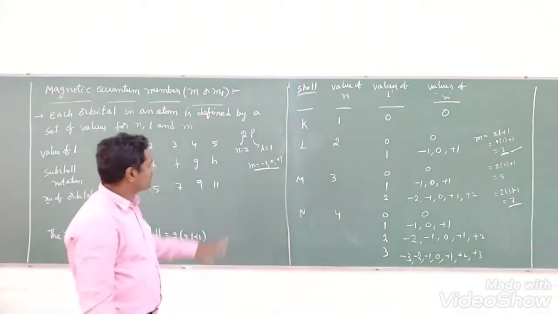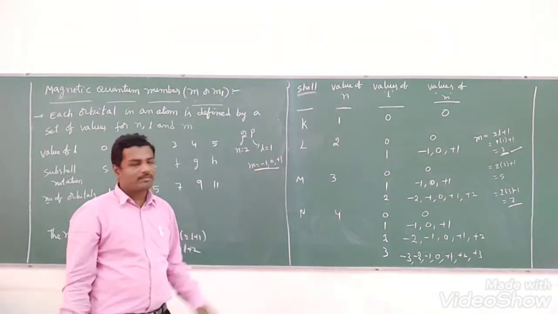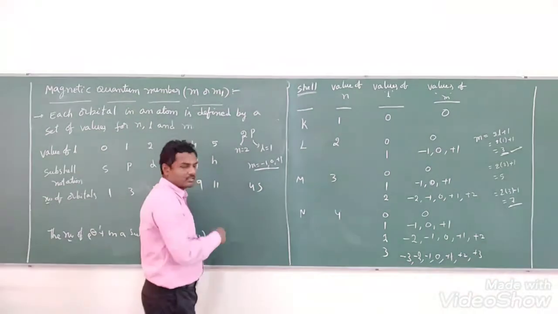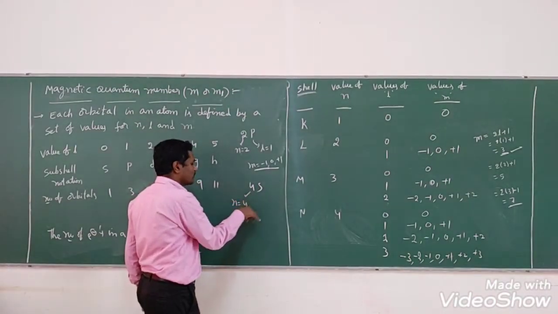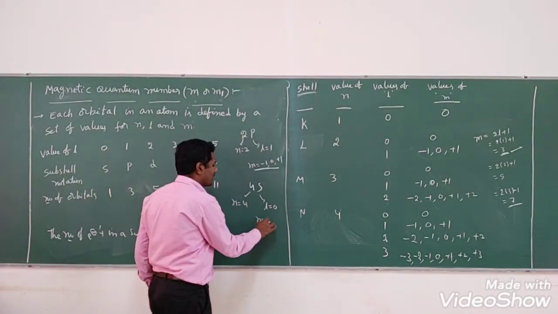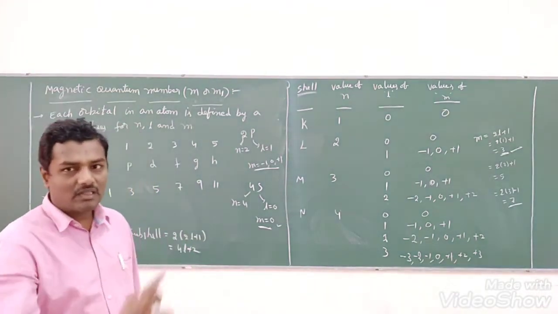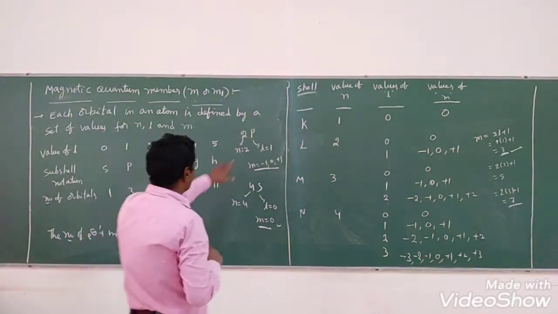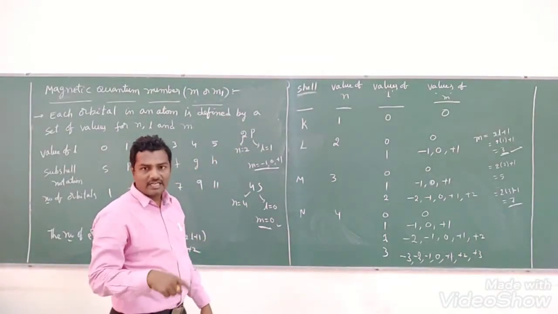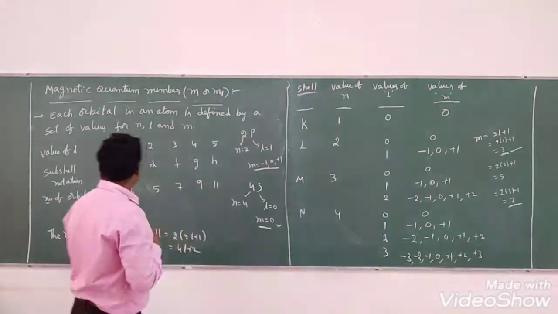Like that we can say all the values. I hope everybody understood. If they give any subshell like this, we can write all 3 values using this. Take one more example, 4s. What is the n value for this? 4. What is the L value for s? 0. L equals 0 means the only m possibility is m equals 0. Like that we can write all the things. All 3 quantum numbers we can write from the subshell. If they give 2p or 4p or 5d, whatever it may be, we can write all 3 possible quantum numbers. Okay, now we will see that.